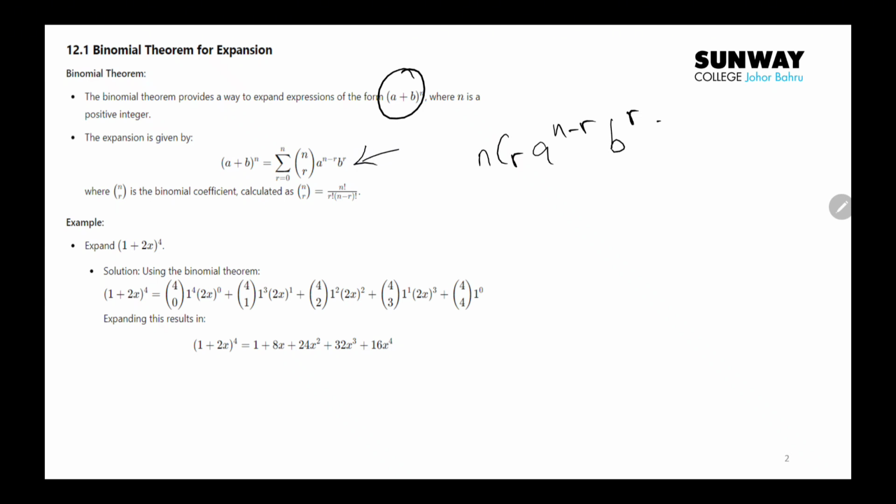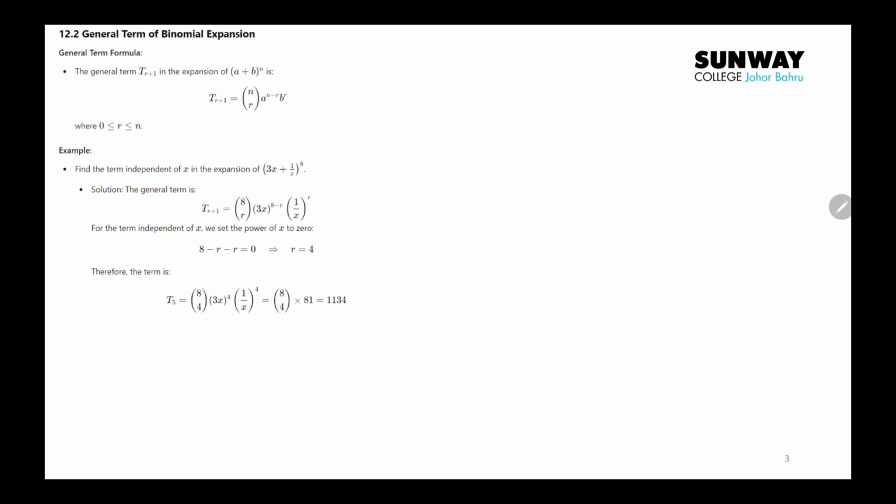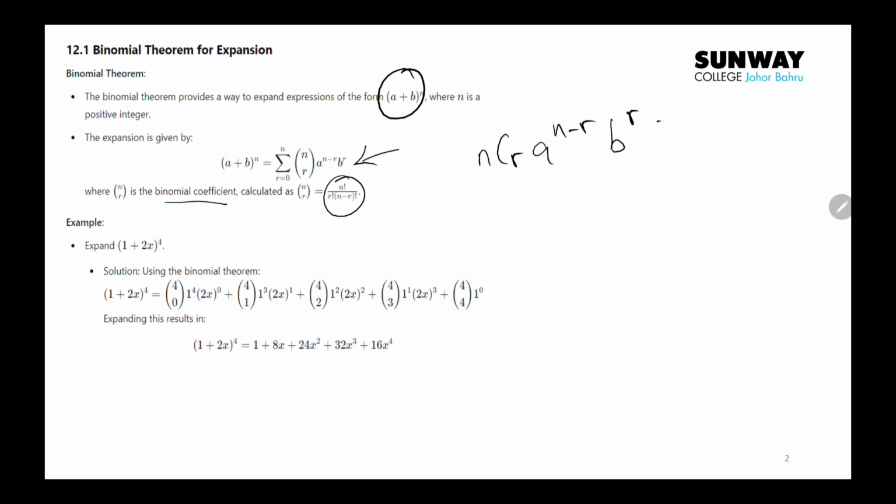As you can see as a summary over here, the nCr is the binomial coefficient, evaluated using this formula, but it's more often evaluated using your calculator's nCr. For an example, if you would like to expand (1 + 2x) to the power of 4, all you have